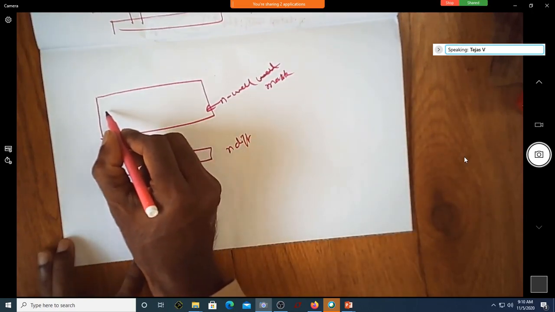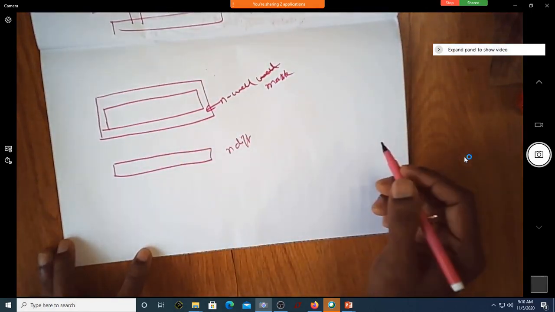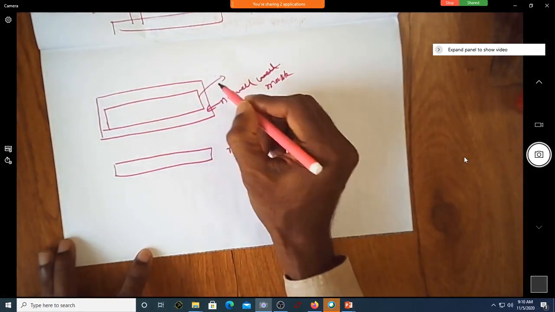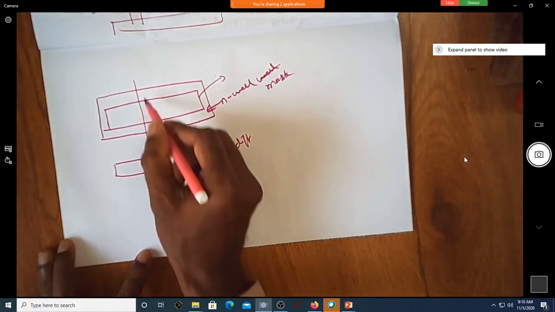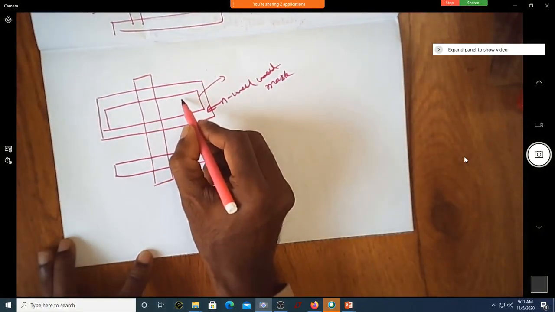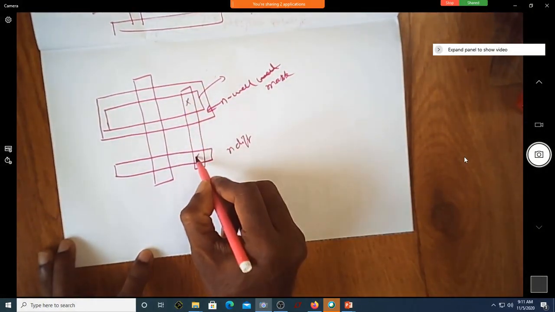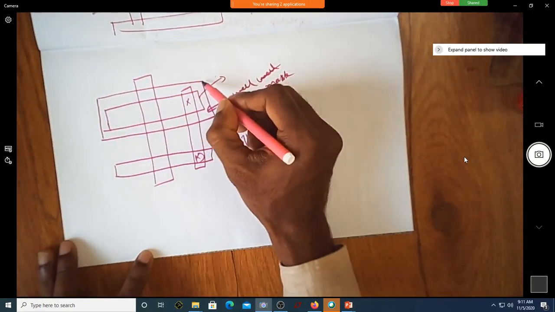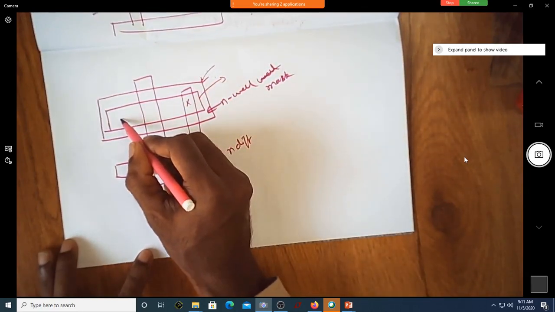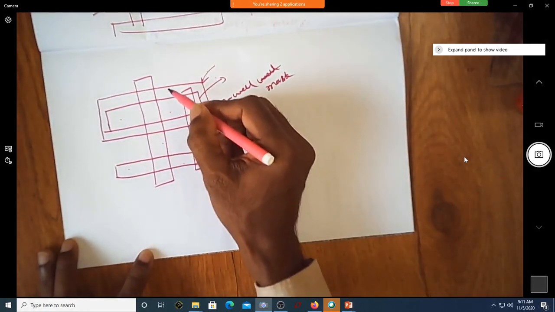So are you not specifying one more mask for defining where to have the P diffusion? This is one more mask. And are you not defining where to have your gate? This is another mask. Are you not saying that these need to be connected? Because this is a different region and this is a different region, that's why you have mask number 1, 2, 3, 4.